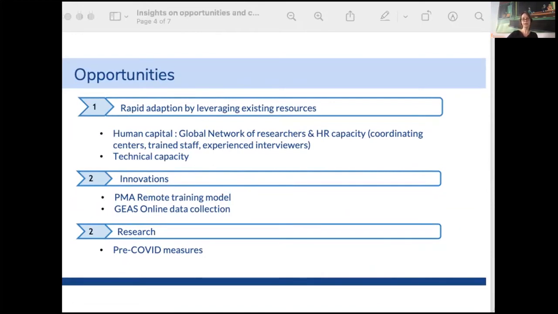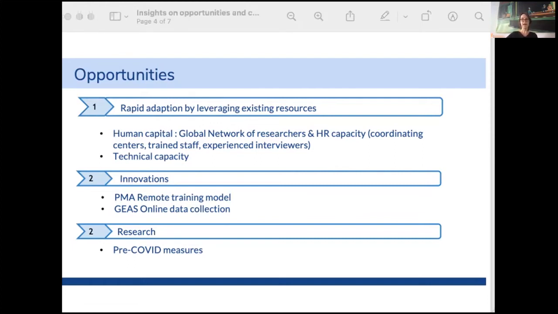I'd also like to highlight the fact that we operated in both cases from central coordinating centers. I think that proved a powerful mechanism for mobilizing, coordinating, and also facilitating country partner initiatives to adapt and expand their own platforms. So GS and PMA launched COVID surveys in 5 and 7 countries, respectively, in the course of less than